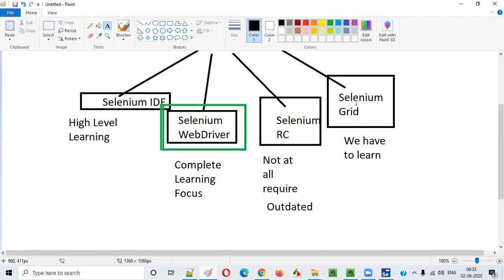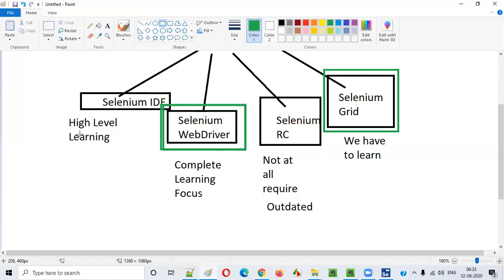It doesn't take as much time as Selenium WebDriver takes. This is also important. You have to focus on Selenium Grid also. I will be covering that once Selenium WebDriver is done. Then we'll go to Selenium Grid. So these two things will be enough for our learning. Selenium WebDriver and Selenium Grid are the two components that we are going to learn in our training sessions.